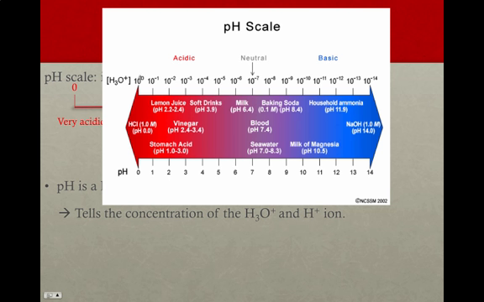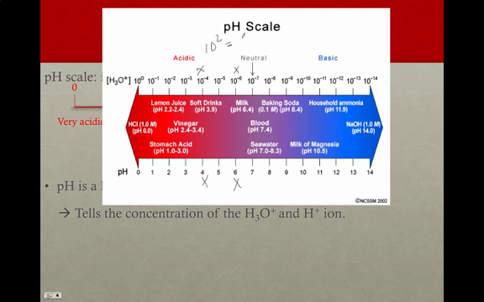So a 0 is really 10 to the 0. 1 on the pH scale is really a concentration of 10 to the negative 1. A pH of 2 is really a concentration of 10 to the negative 2 molarity. So as you can see, if we look at a pH of 4 and a pH of 6, it's not really a difference of 2, it's really a difference of 10 to the second power,